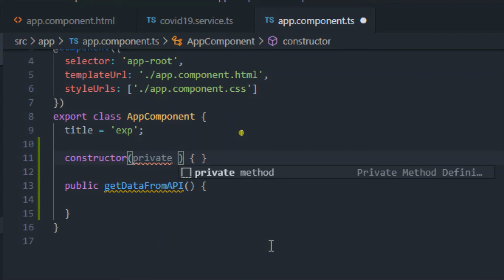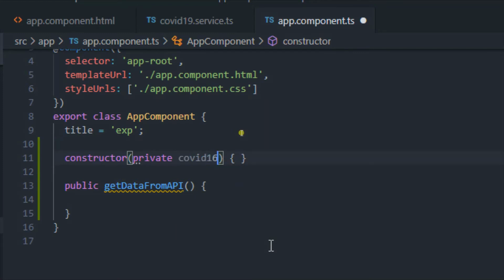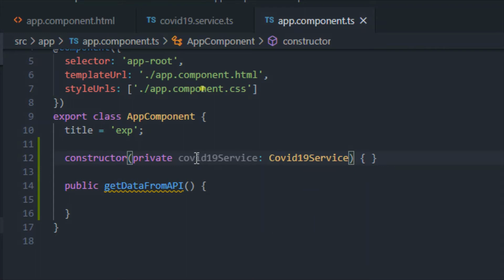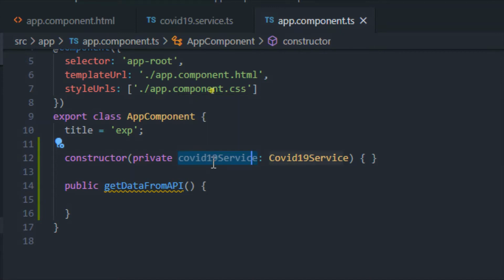So private, then let's say covid19Service, which is of type Covid19Service, and again you can give any name. I just gave this name so that by name we can get an idea what the main aim behind this particular service is.